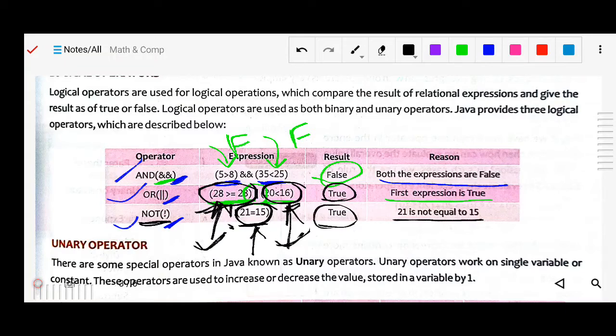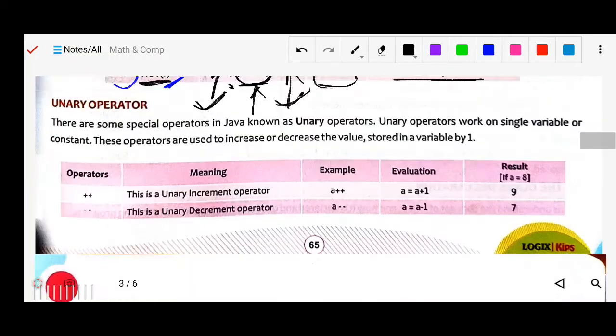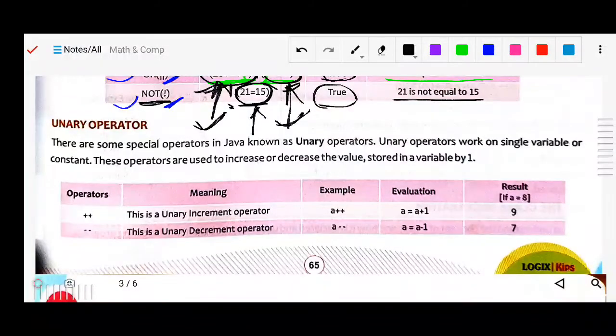Now next we have unary operators. As we know there are unary operators, logical operators and binary operators. Unary operators are some special operators in Java. Unary operators work on a single variable or a constant.